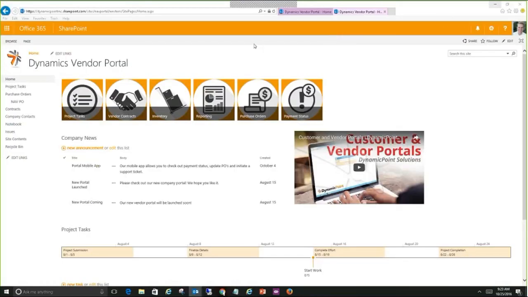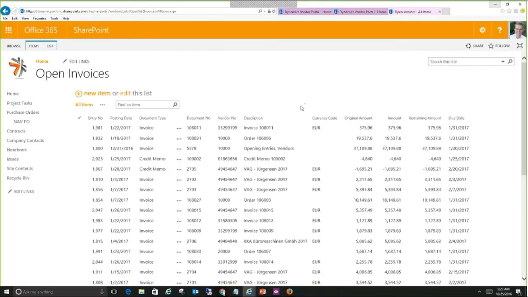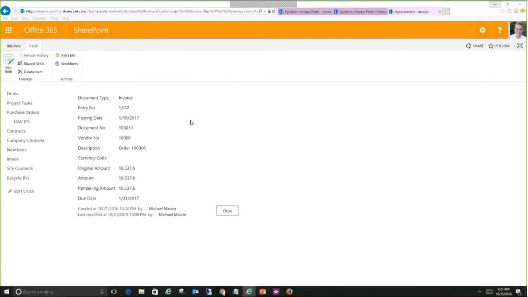So we'll close out of email and then go back to payment status. Payment status, again, like the other areas, is integrating information from Microsoft Dynamics, so it's pulling all of the open invoices for this given vendor such that they could see them. They can see the due dates associated to them as well as the original amounts and things like that. Of course, they could click on any of these. The idea there is that they know what's coming to them, what to do,